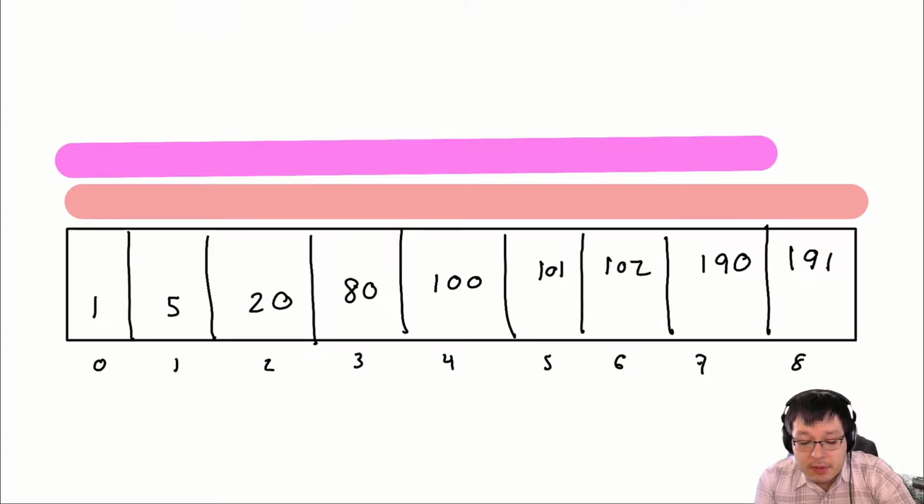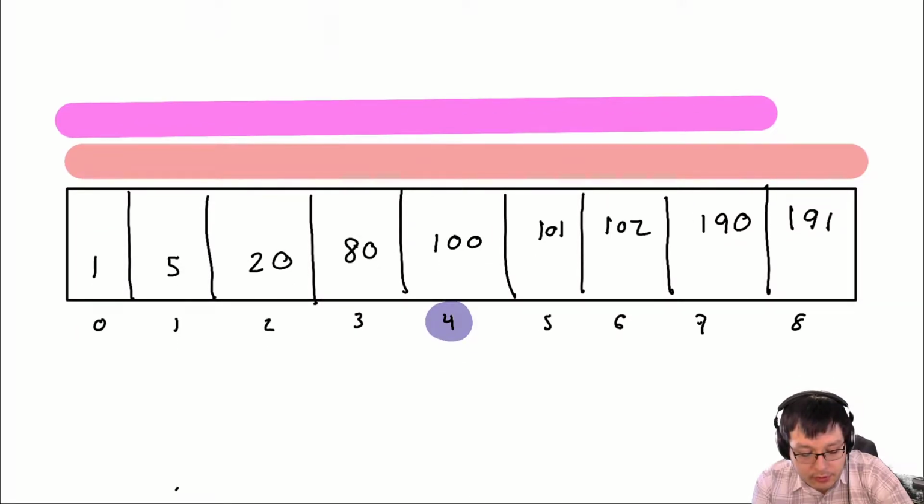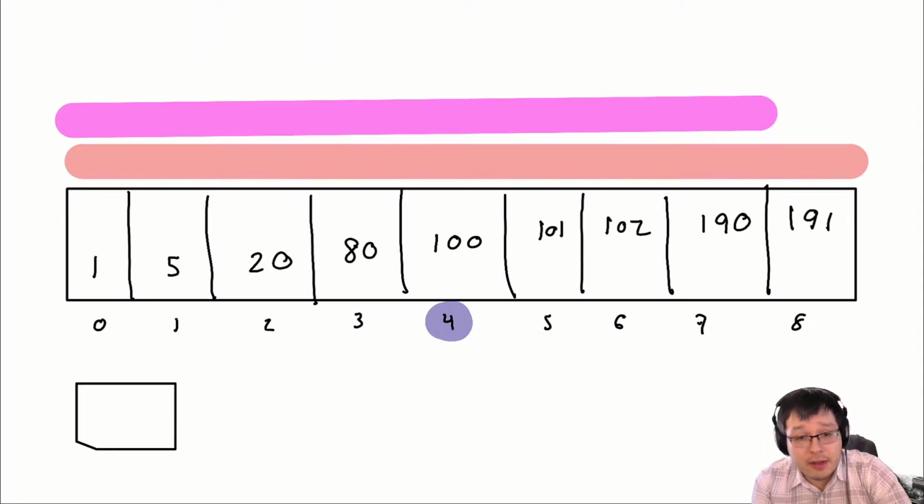Now, what is the middle index of this list? That happens to be the number 100. So that's index 4. So this is the middle of the list. Okay. So basically, the first thing we're gonna do is put a little square here around what we're looking for. It really doesn't like drawing squares. It just tries its hardest to not make it a real square. But okay, it looks like a SIM card. But okay, so the number we're looking for